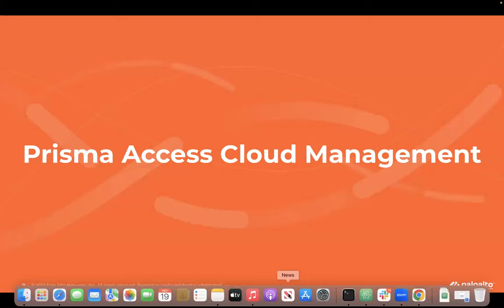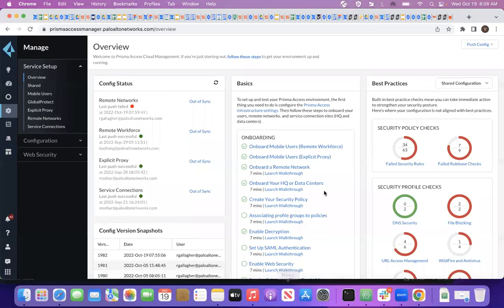There are several salient advantages. Obviously, given this is a cloud-delivered service, the customers don't have to install the software, manage it, or handle all the updates related to upgrading the software. They don't have to do it. Palo Alto Networks manages the entire application, and we deliver it as a service to the customer. So the other advantage of Prisma Access Cloud Management is